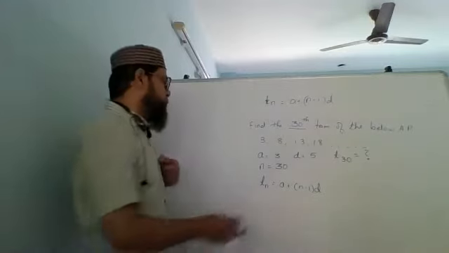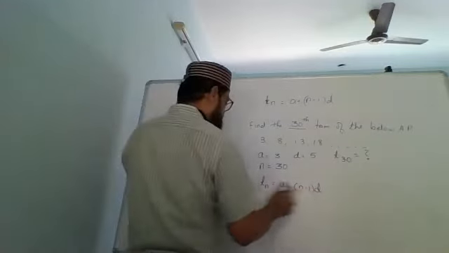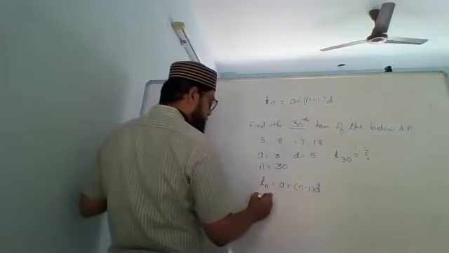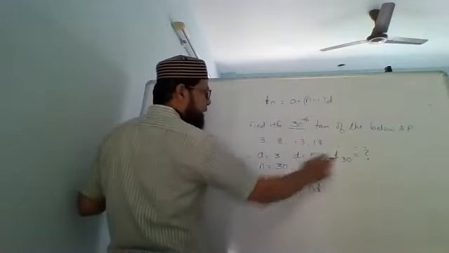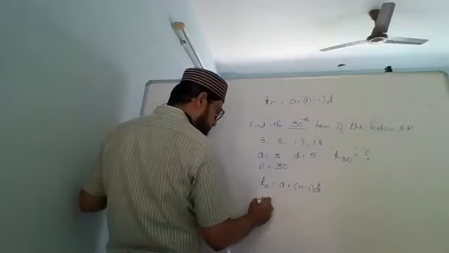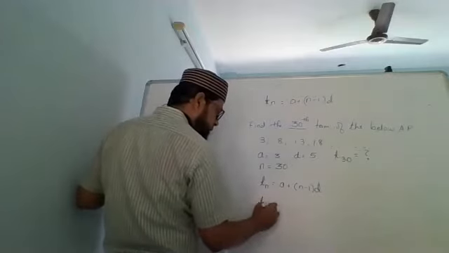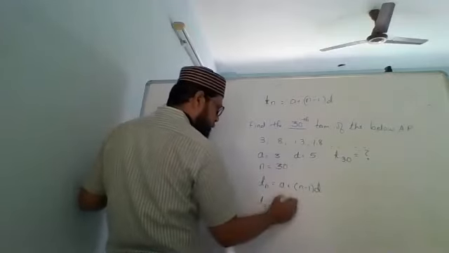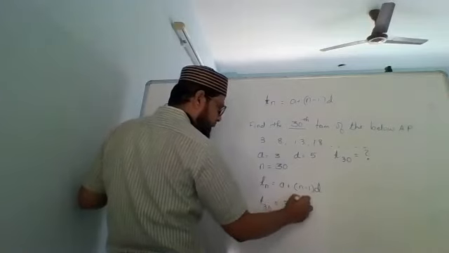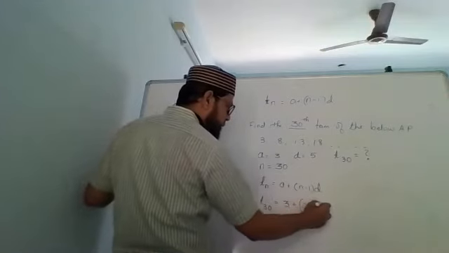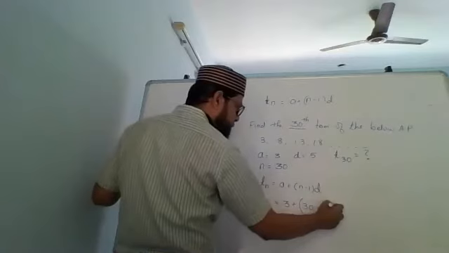Okay, so be careful about it. Don't miss to write this. Tn equals a plus (n minus 1) d. Tn, that is T, in place of n I am writing 30. A is already given to me as 3. N is 30 minus 1, and d is